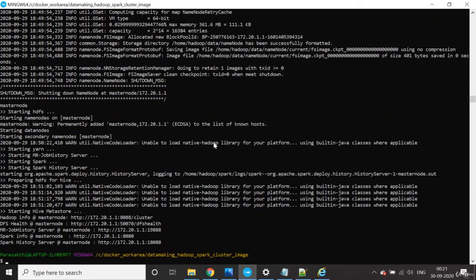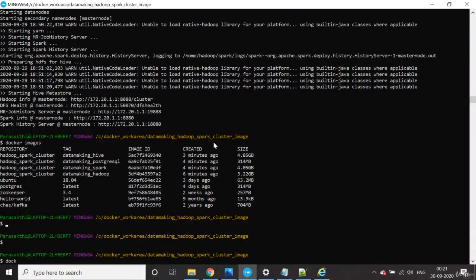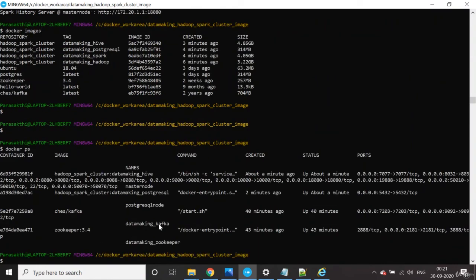Okay, this is done. The images we already saw. Now docker ps. So it is running already. Zookeeper and Kafka were running. Now there is one container for the Hadoop master node, which contains the slave processes also, and one for Postgres. This works both as the Hive metastore and our database for storing the aggregated data. Okay, now the cluster is ready. Now we can start building our application and run it.